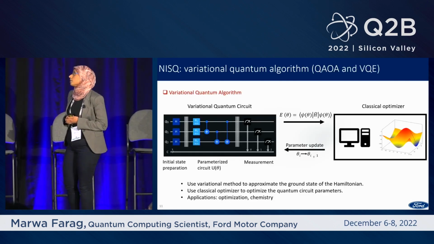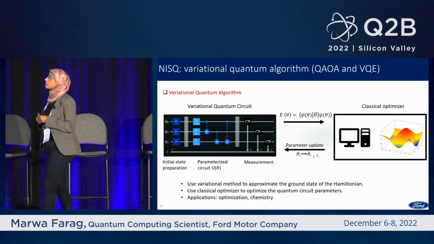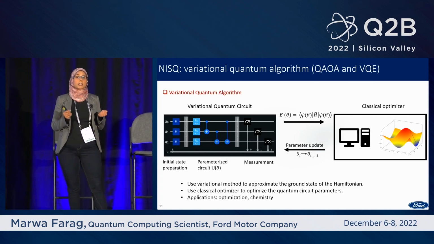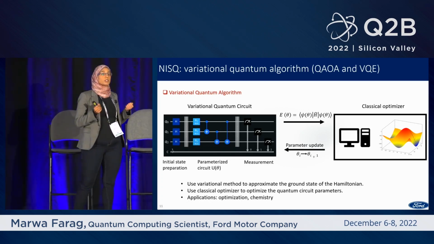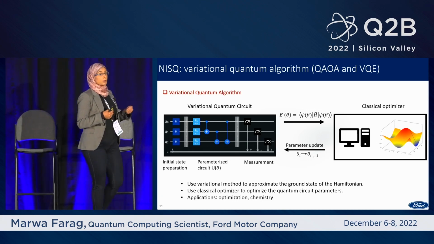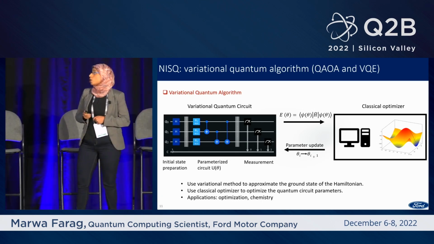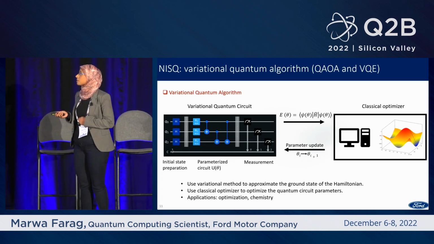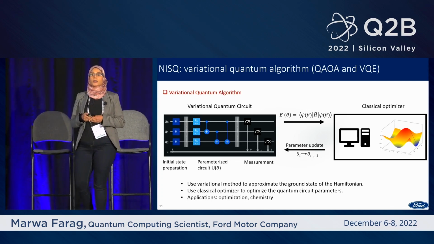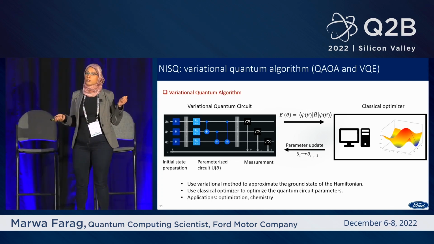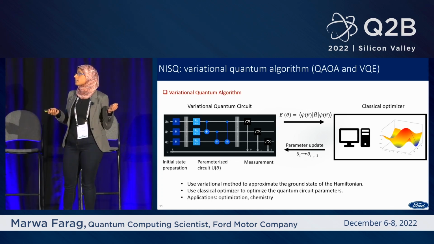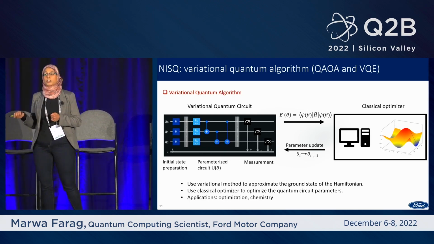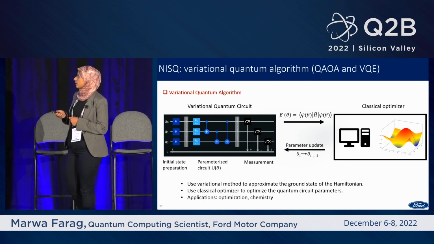So now turning to the second part: in addition to these QIO tools, we are also investigating variational quantum algorithms to solve optimization problems as well as chemistry. I will not talk here about what a variational quantum algorithm is. You all know that this is a hybrid algorithm where you solve the difficult part on the quantum devices using a parameterized quantum circuit, and the parameters of this circuit are optimized on a classical optimizer.